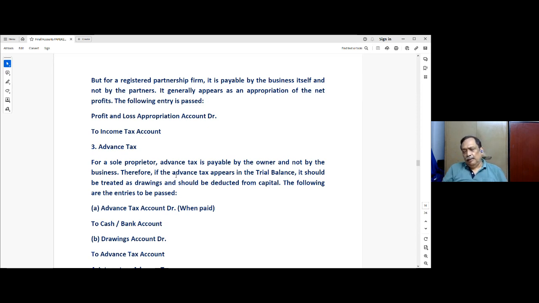Now, we are coming to a very sensitive concept, adjustment, that is called advance tax. Now, for a sole proprietor, advance tax is payable by the owner and not by the business. Therefore, if the advance tax appears in the trial balance, it should be treated as drawings and should be deducted from capital. The entries to be passed in this connection: